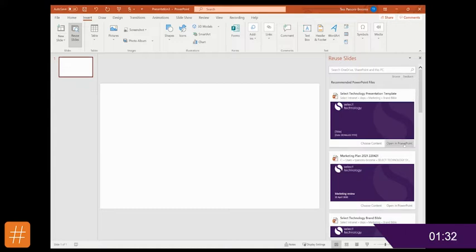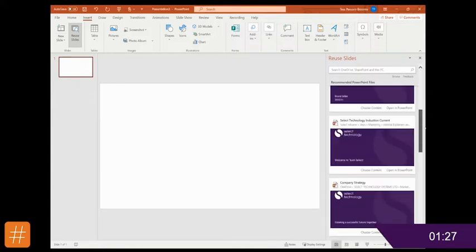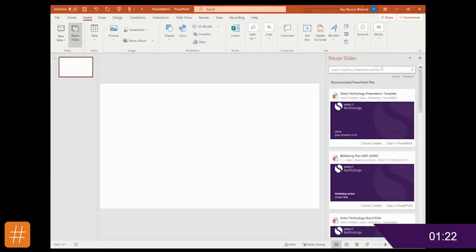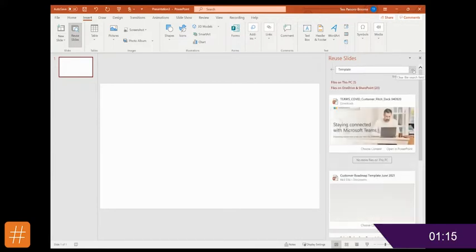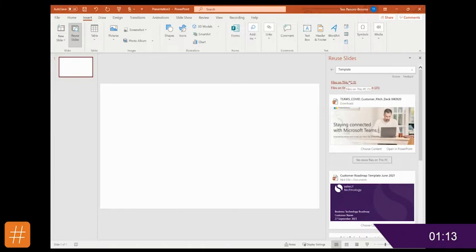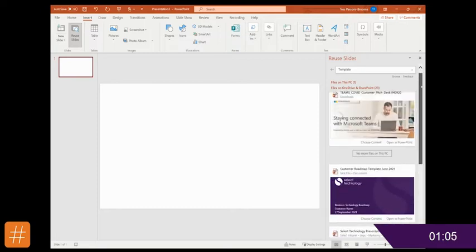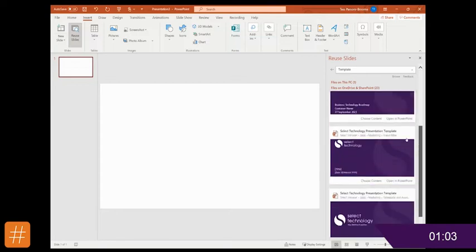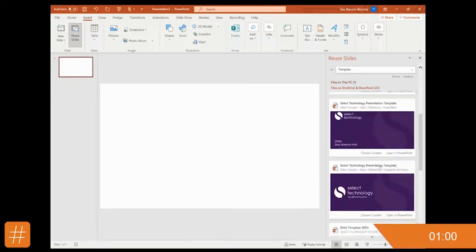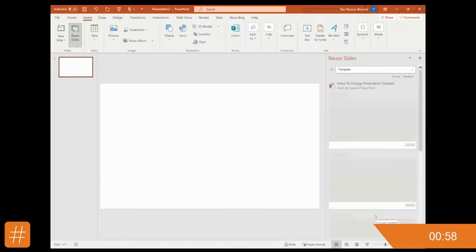and it's already given me some existing PowerPoints that I can actually use, which is really useful. So that's probably ones that I've had open recently. The other great thing is I can actually search for a specific file that I want to find. And this will show you what files you have on your PC, but also what is in OneDrive and SharePoint, which is really useful because you might have other presentations that other people have created that you want to use as well. So here we go, I found the one that I want to use,